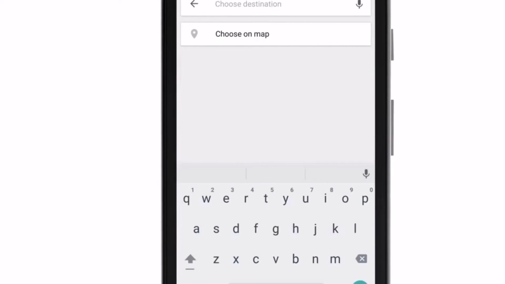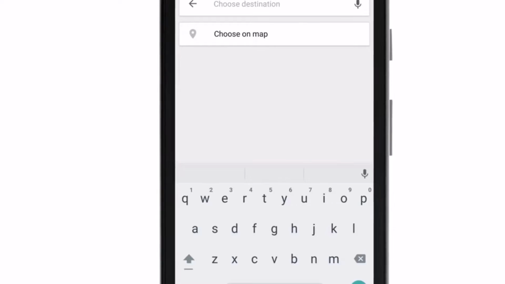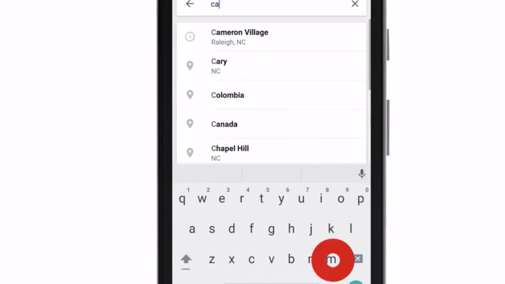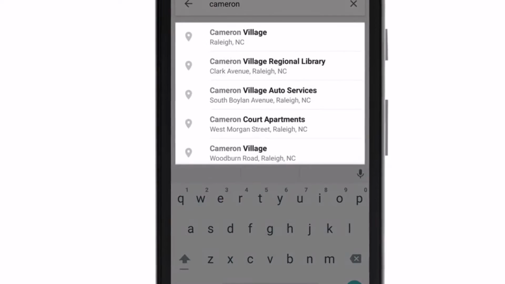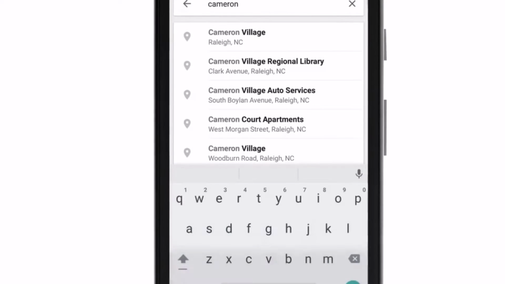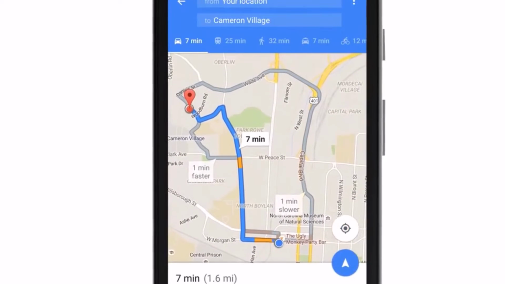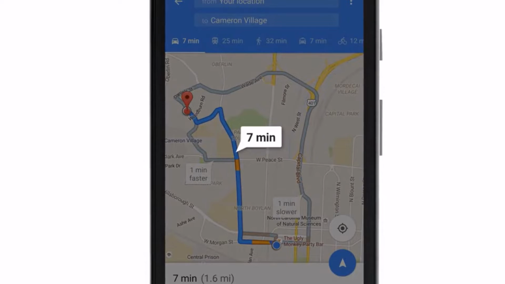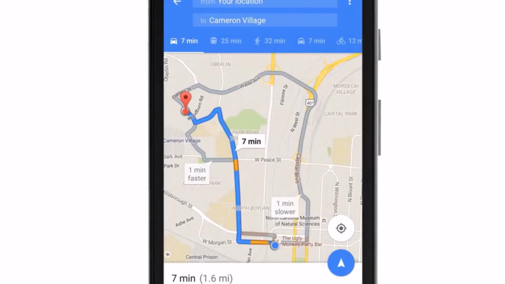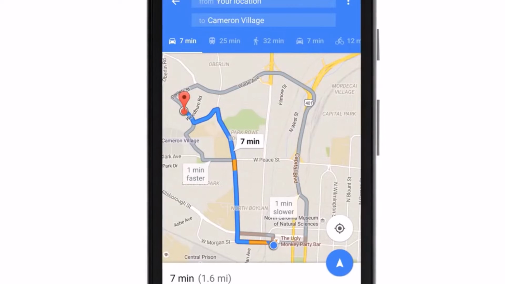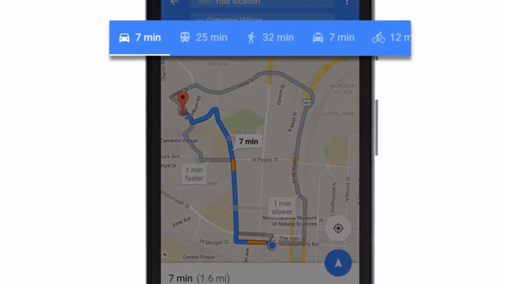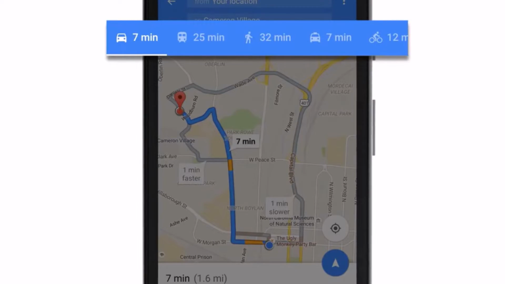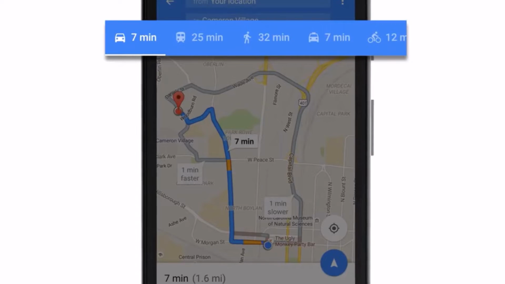Then enter a location. You can enter a specific address or search for a destination by entering the name of a place, such as a restaurant, store, park, or school. When the correct destination appears in the drop-down list, tap to select it. Once a destination is chosen, Google Maps will show an overview of the route along with the estimated travel time. Google Maps offers directions for different methods of transportation. You can select whether you'll be traveling by car, using public transportation, walking, or riding a bike by tapping the appropriate icon. Here, Travel by Car is selected.